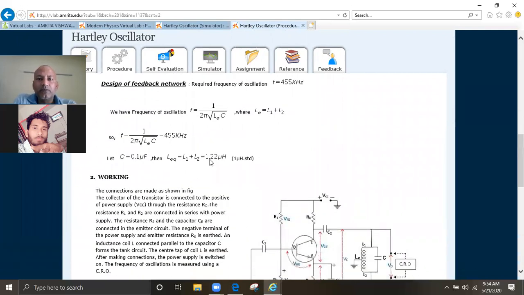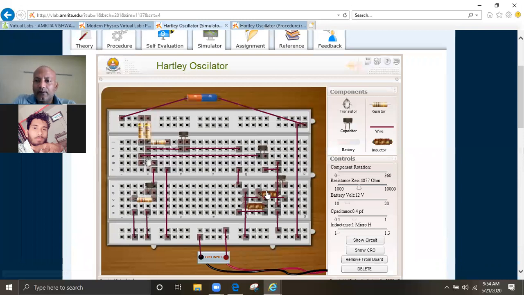L1 and L2 are 1.2 microhenry. So you can change the value of L1 and L2 from 1 microhenry to 1.3, or 1.2 microhenry.